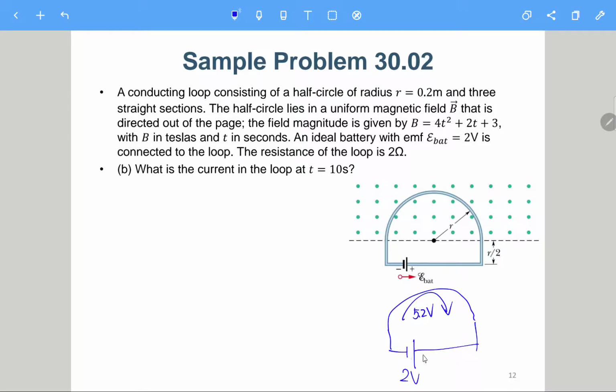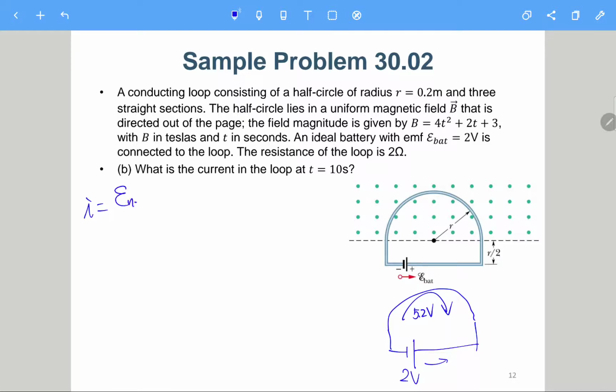So for the 2 volt, it is the other way around, in this direction. Because if you just ignore the induced EMF, the current should go counterclockwise. However, the induced EMF is clockwise. So in this case, the current at 10 seconds should be